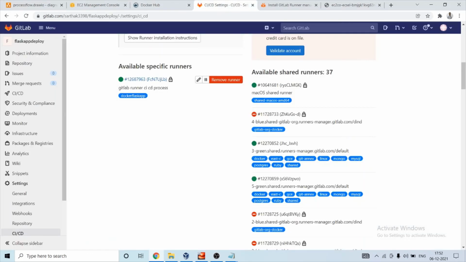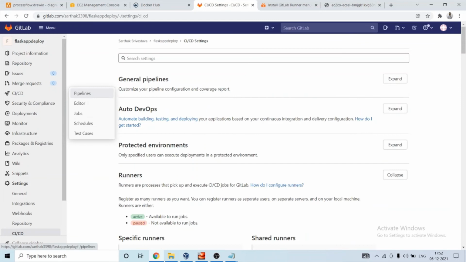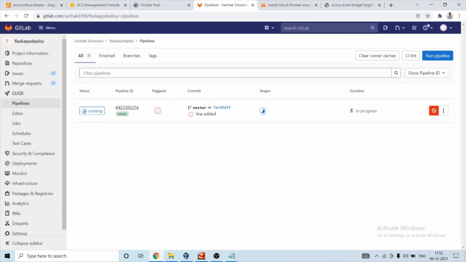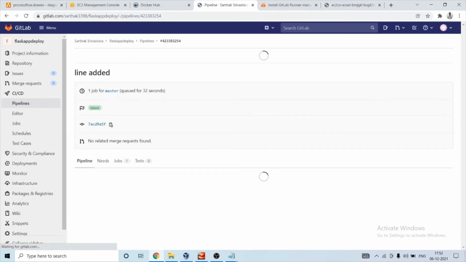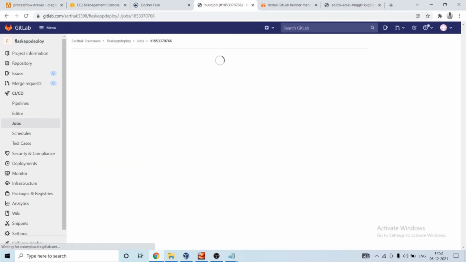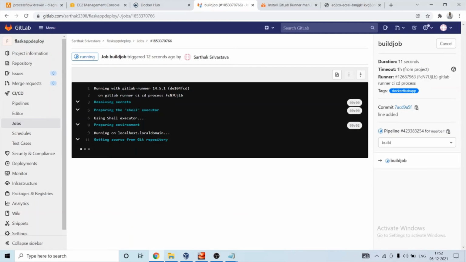So let me check whether it has been triggered or not. Let's go to CI/CD pipelines. Okay, so it's running. It is in progress. Okay, the job is getting built.